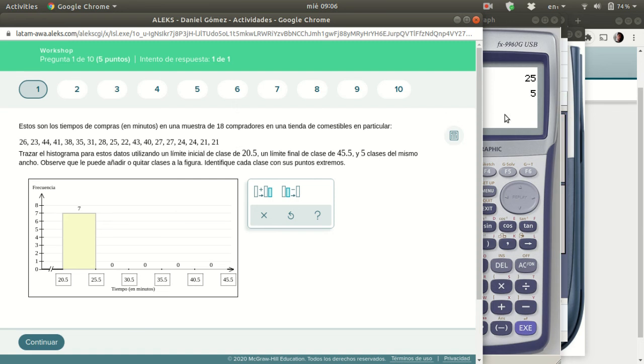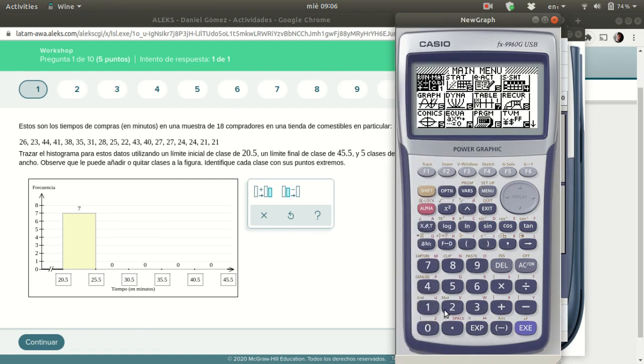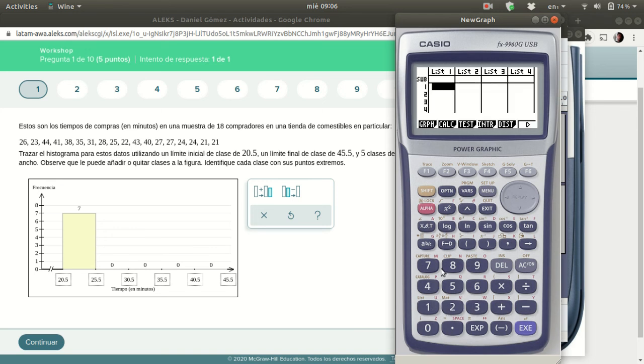Okay, so I could do the same thing for the rest of the intervals. However, if you were paying attention to the videos, you could easily use the calculator to solve this problem. And what we do is simply write all the numbers. So 26, 23, 44, 41, 38, 35, 31, 28, 25,